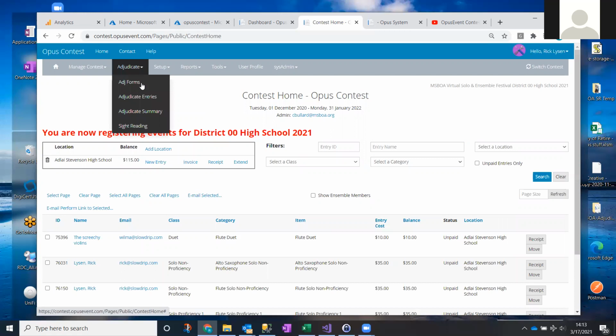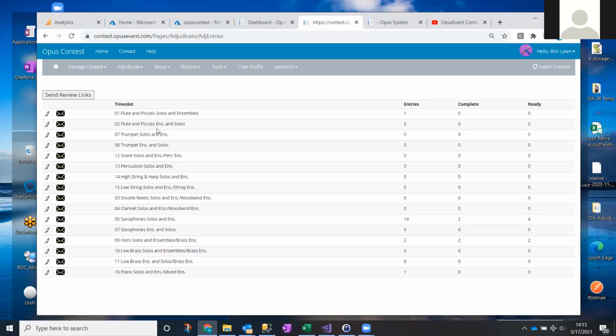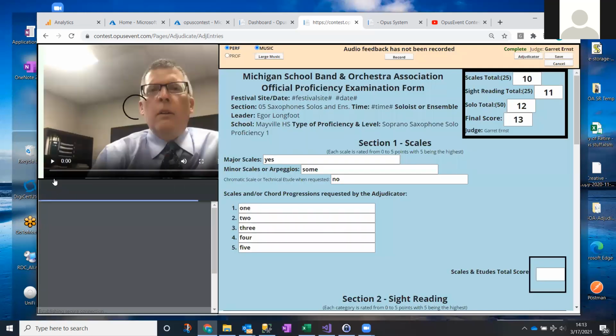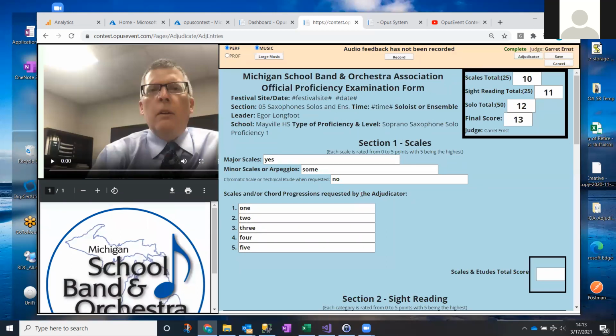So I can go in and look at that, adjudicate entries, and I'll go take a look at the saxophones. And here's a great example. We have some that are ready. We have some that are complete, and we have many of them, like this individual has not uploaded any music yet, but they have uploaded their performance. Others are missing everything. So we can go in and look at a completed audition or a completed adjudication with all of the information